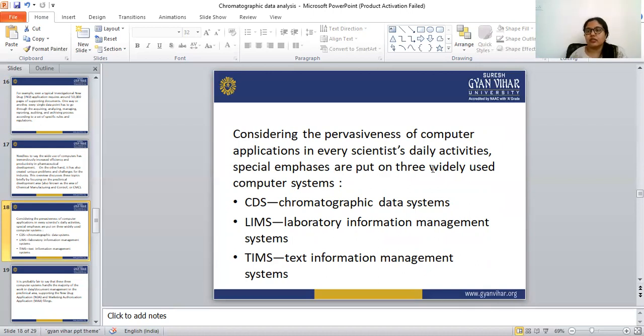All the data about the chromatograms are available in this system. Then LIMS, the laboratory information management system. Then TIMS, the text information management system.